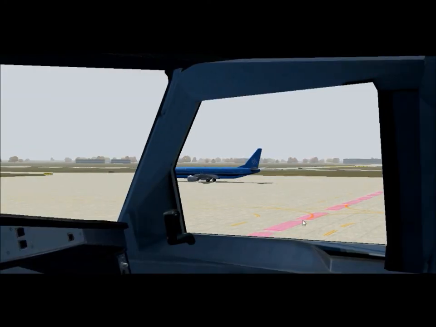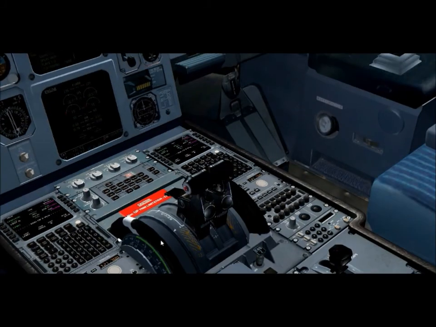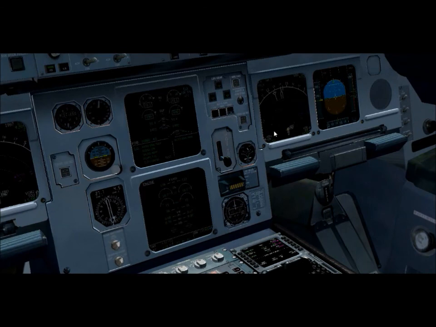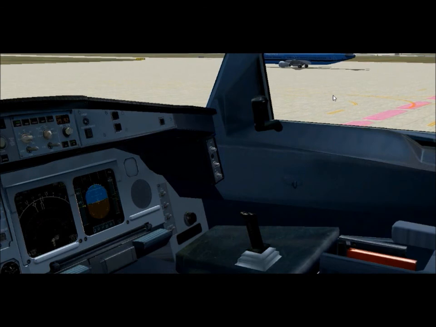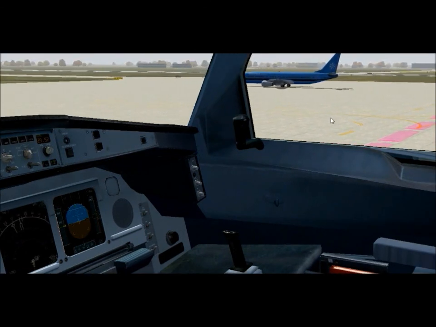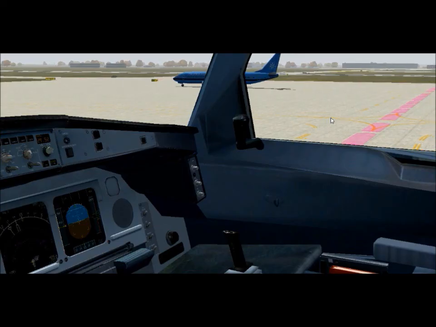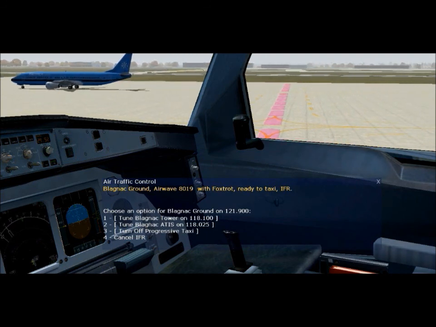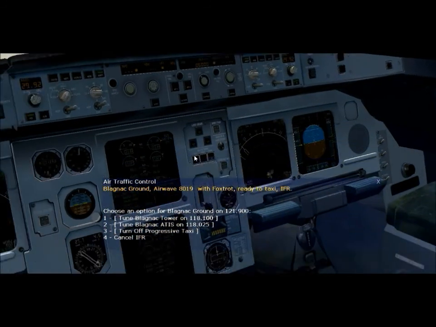Well, we have to go to the right. We have to move the throttle forward. Now we are moving. Just a little bit of thrust is enough to move this aircraft. The engines are so powerful. Sorry about that. Airwave 8019. Now as we are moving, we can reduce